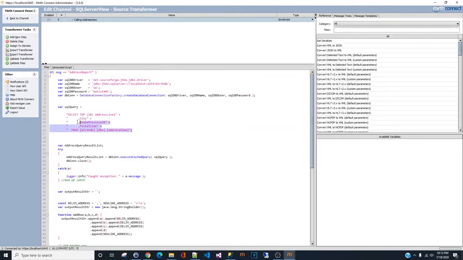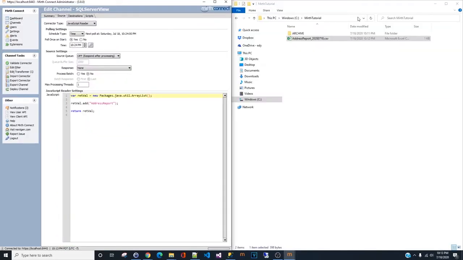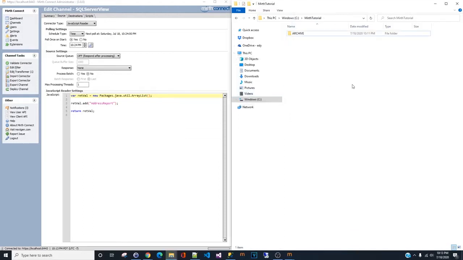and we are going to create a view in SQL Server, and we're going to call this view address view. Okay, so before we do that, let's go back, and we're going to re-archive this report and start from scratch. All right,